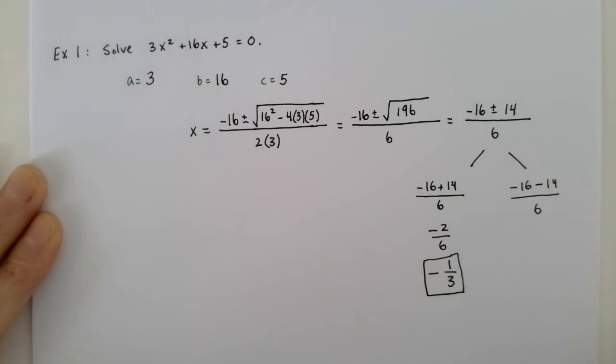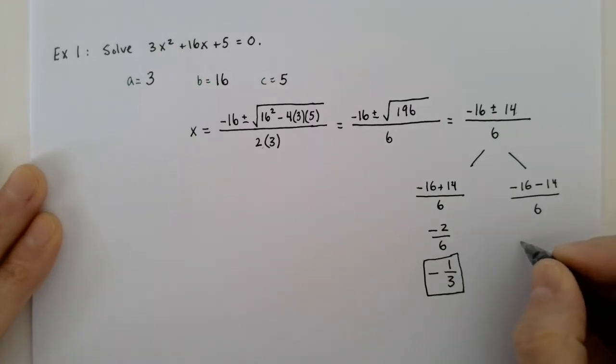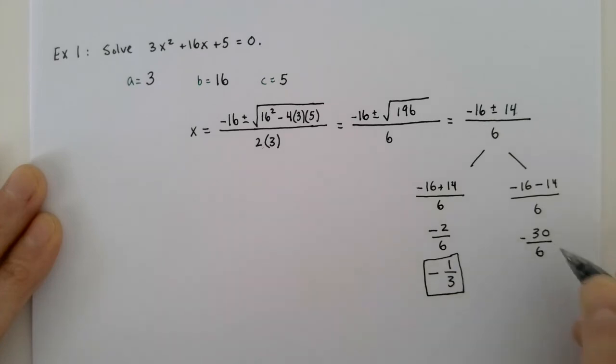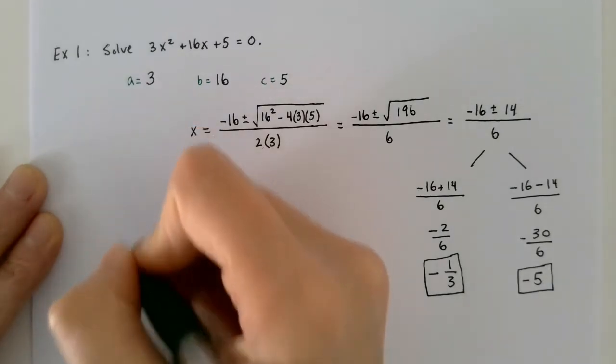Negative 16 minus 14, I get negative 30. All of that divided by 6. Well, negative 30 divided by 6 is negative 5. So what I'm going to do is, as my final answer, you can write this in a couple of different